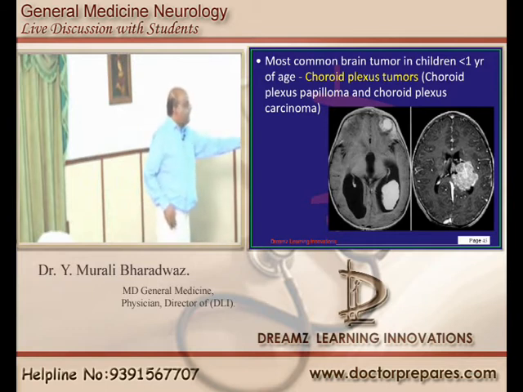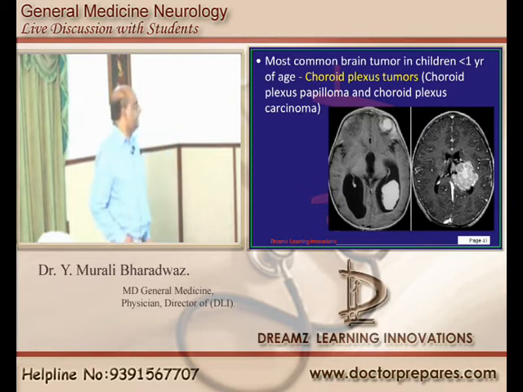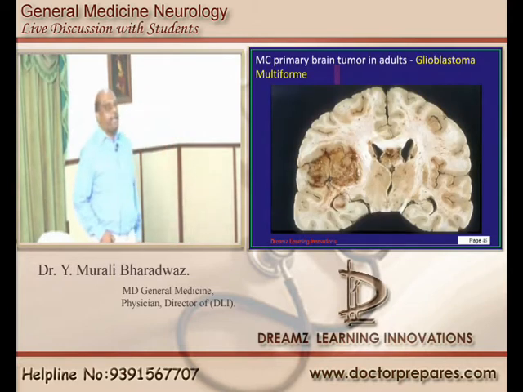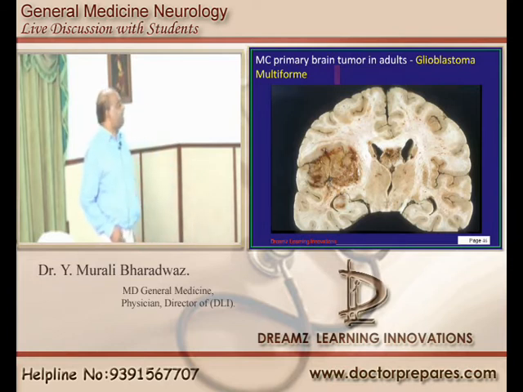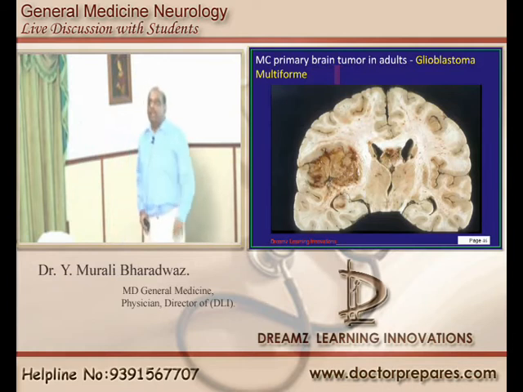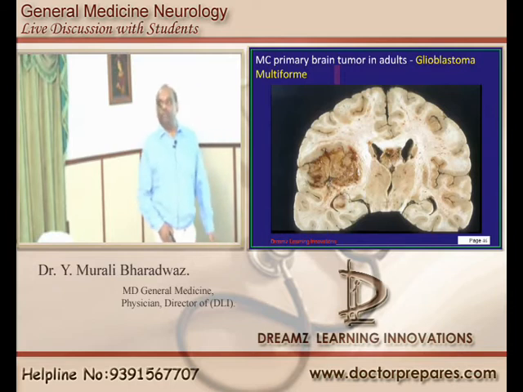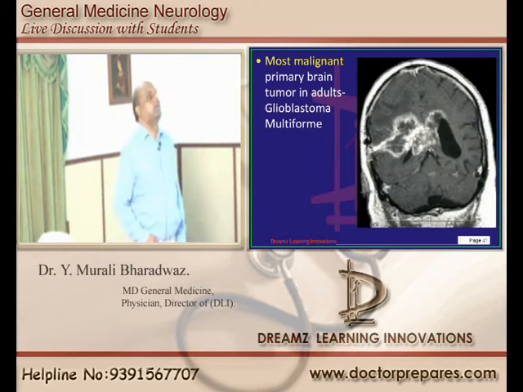And this is how a typical choroid plexus tumor looks, you should not forget, less than 1 year it's a very common tumor. And overall if you take adults, the most common primary brain tumor, primary meaning not metastatic, is glioblastoma multiforme, which is one of the forms of astrocytoma, glioma. Astrocytoma and glioma are the same, be very sure. Among them, the very bad fellow is glioblastoma multiforme. And the most malignant primary brain tumor is also once more glioblastoma multiforme, is what you need to remember.